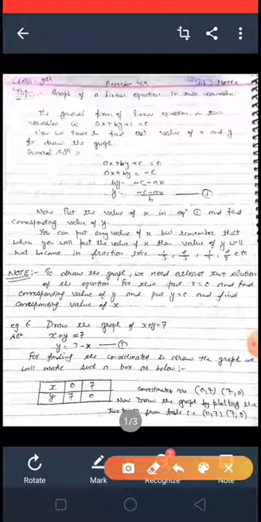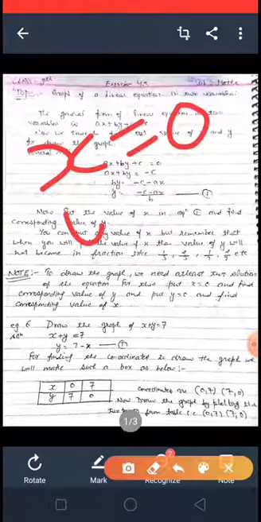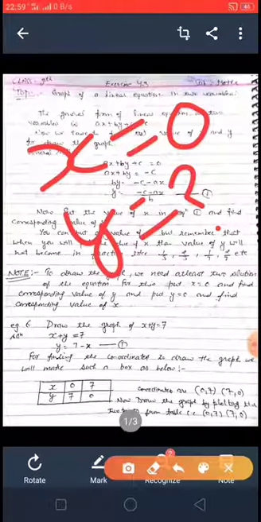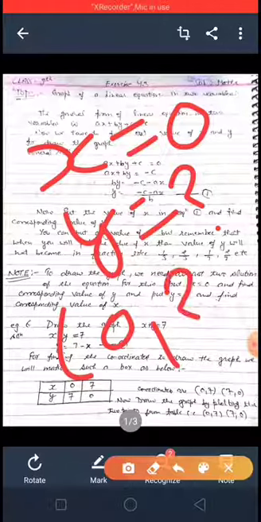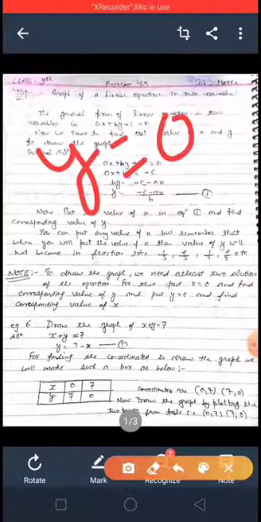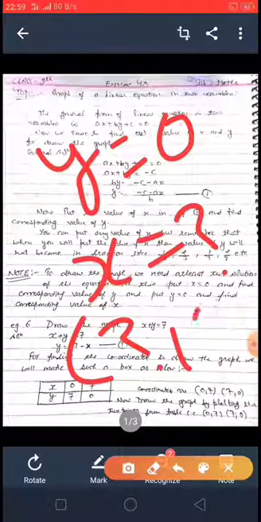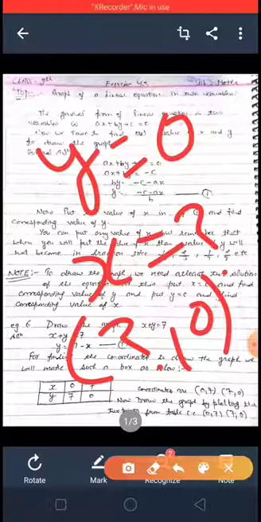For such solutions, which you have to find, put x is equal to 0 and find the corresponding value of y. Here one solution will become 0 and the y value. Clear? And the second is when you put y is equal to 0 and find the x value, and this is the other solution. Clear? So these are the two types which are very easy solutions to draw the graph.